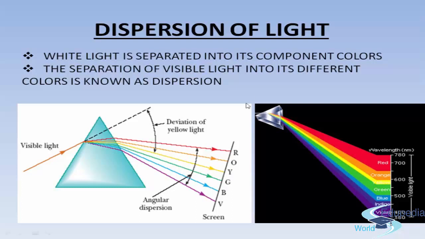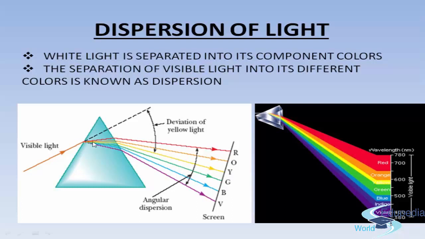Why do we see so many colors here? It is because when visible light passes through a prism, all these colors, the red color, yellow color, orange color, green, blue, and indigo, have different wavelengths and different frequencies, and because they have different wavelengths and frequencies, they are dispersed through different angles. Each color of light is dispersed through a different angle,